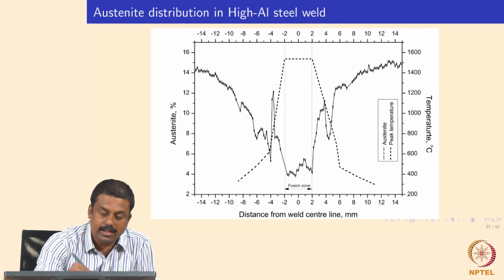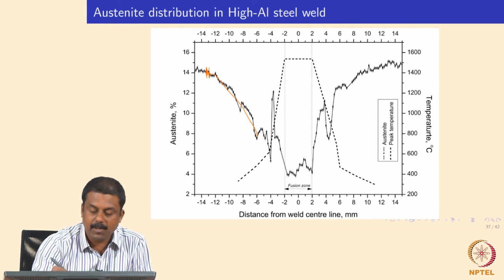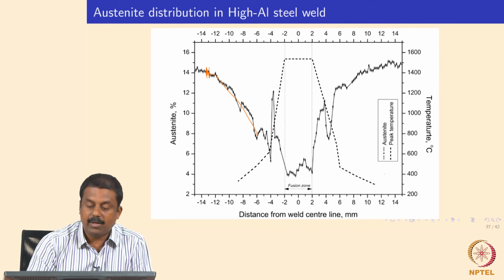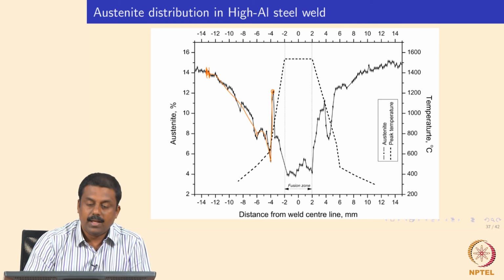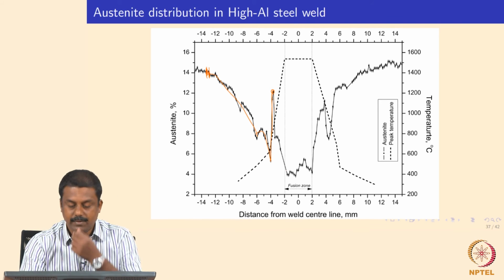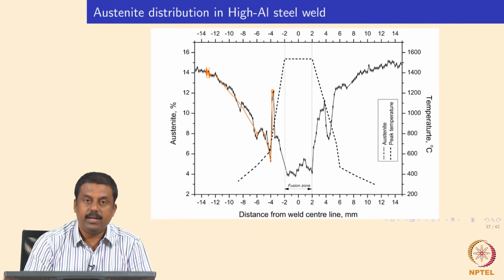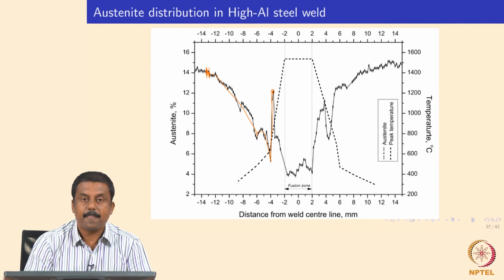So, you see again the effect until, say, 11 millimeters or so, you see no effect, and then subsequently it decreases, okay, until the peak temperature reaches the A1 temperature. Once the A1 temperature is reached, you will have the intercritical regions leading to partitioning of carbon, and resulting in an increase in volume fraction of retained austenite, and subsequently when you go towards the fusion boundary, obviously you reach the single phase austenitic region, and that will lead to a decreasing austenite fraction. Okay.